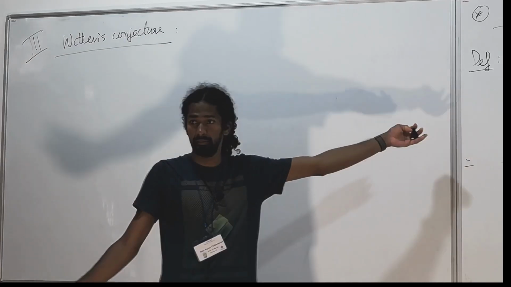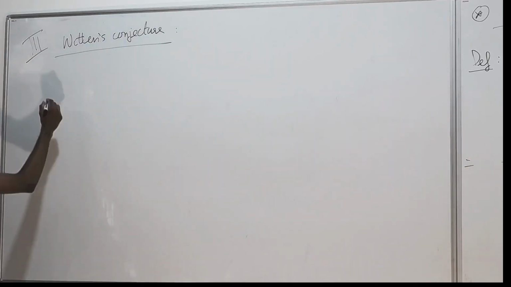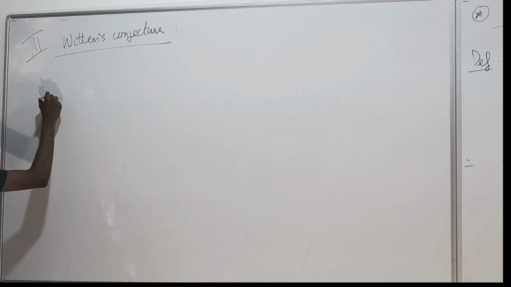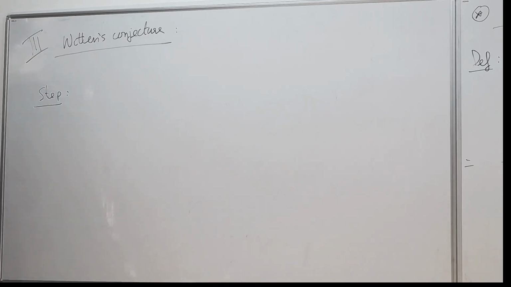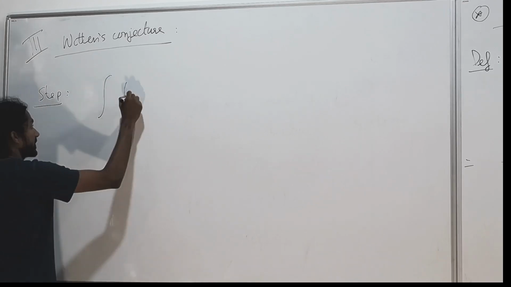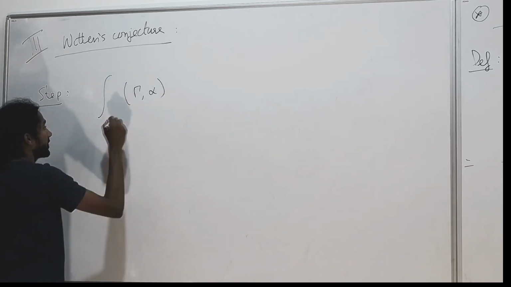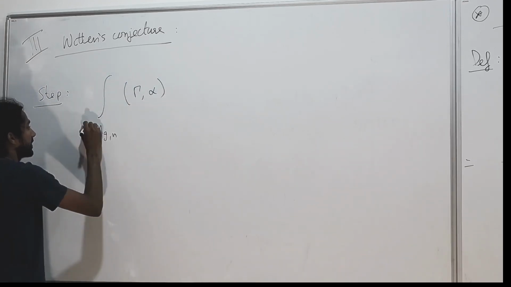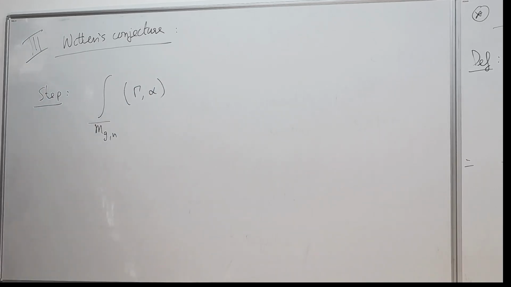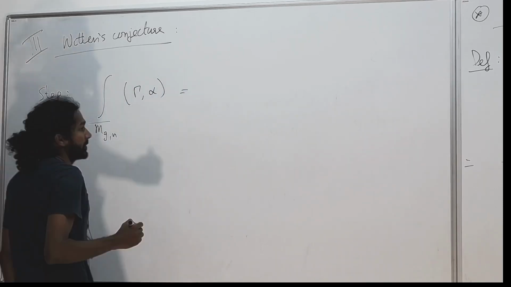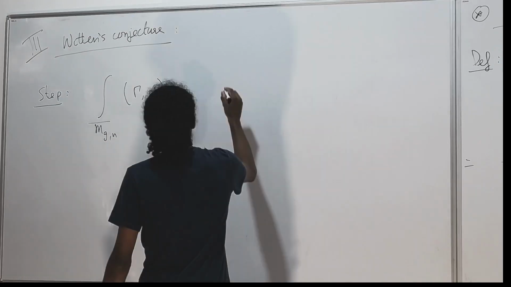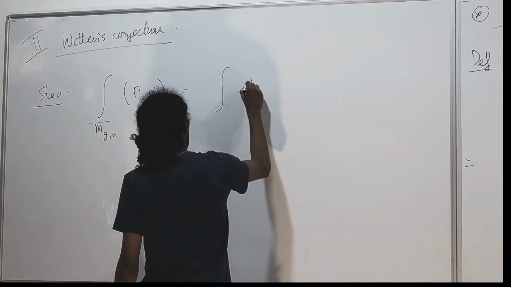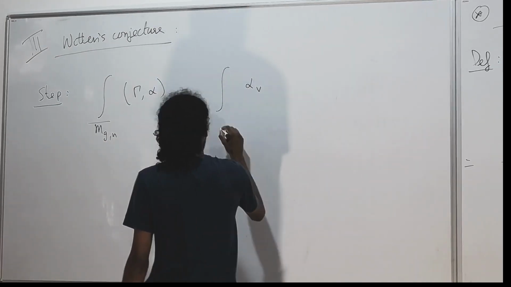They look like decorated stable graphs. So the first step: someone hands you a tautological class alpha, and you want to compute its integral. Well, this is pretty straightforward. It's actually just the integral of all of the alphas